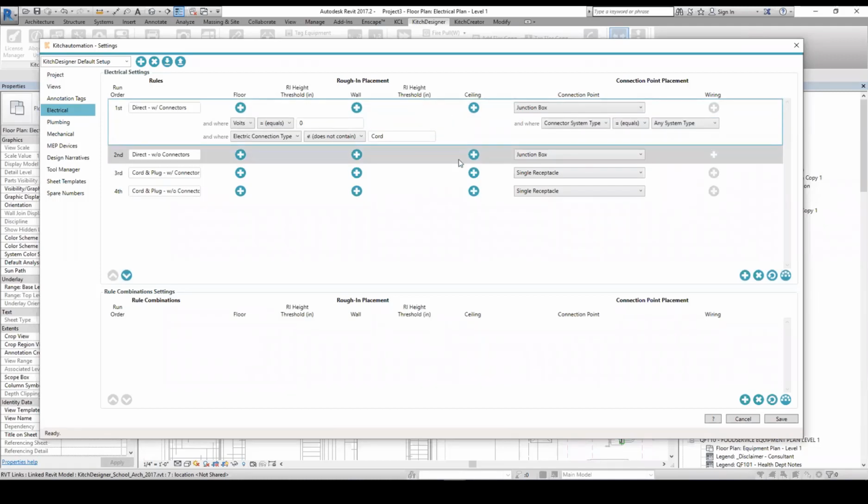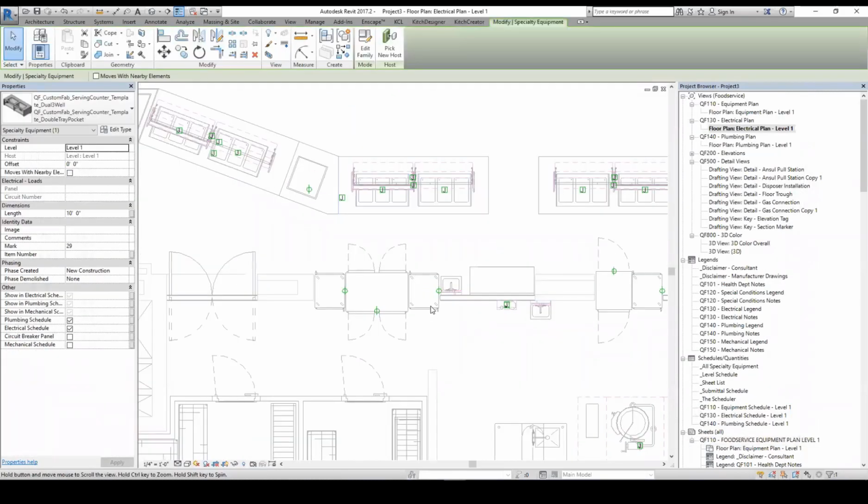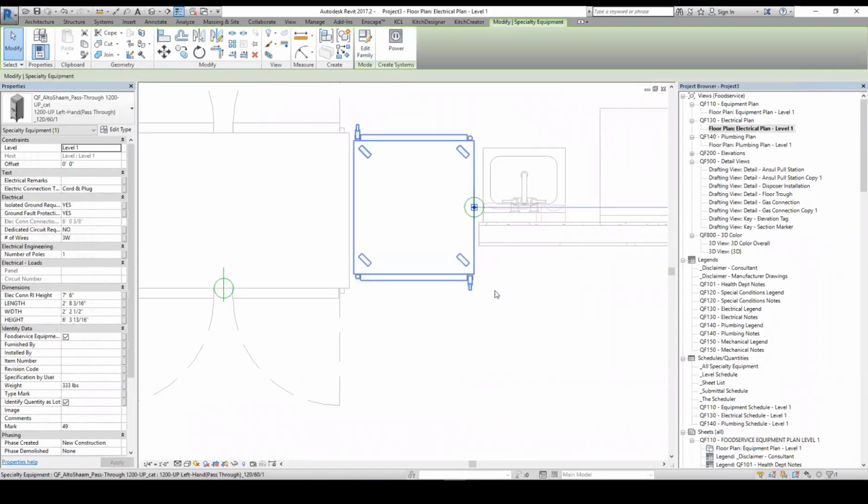If you have a project where you don't have any connectors in it at all, I'm going to show you a different way to set it up here in just a second. But most of the families being created today by the content creators all have their connectors in them, and that information is really valuable. So as you can see, if we edit a family,